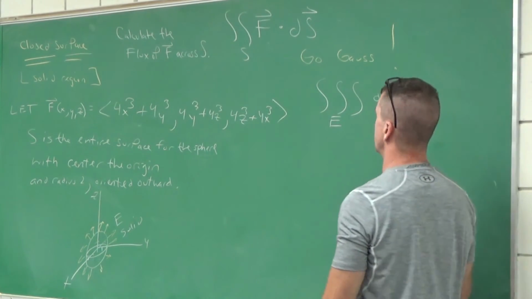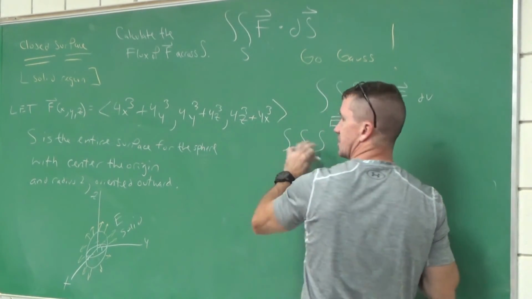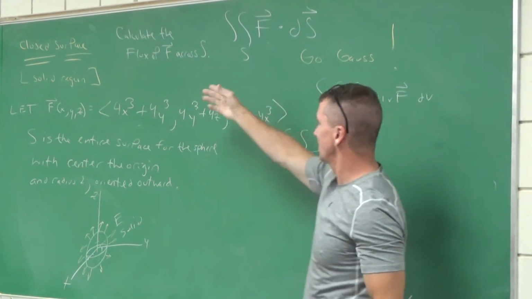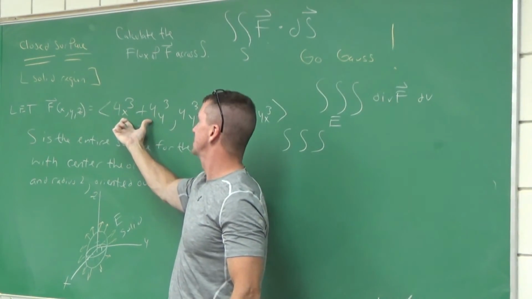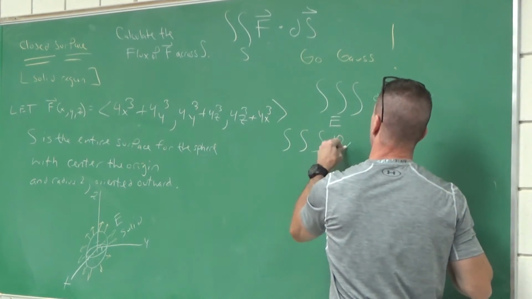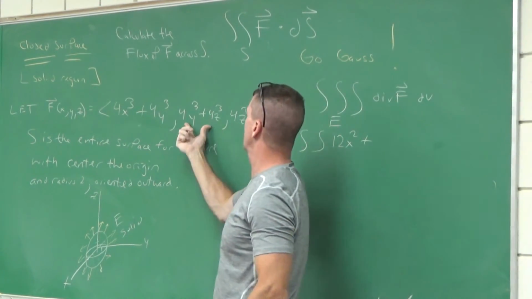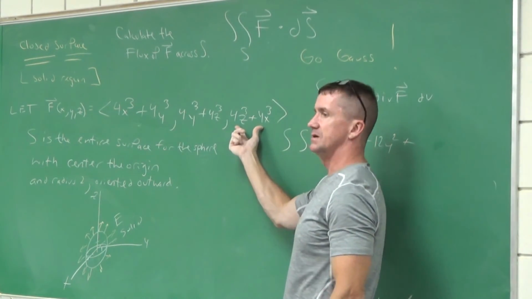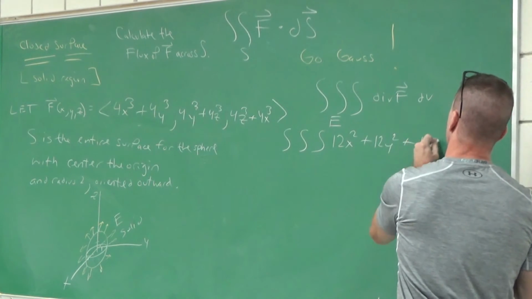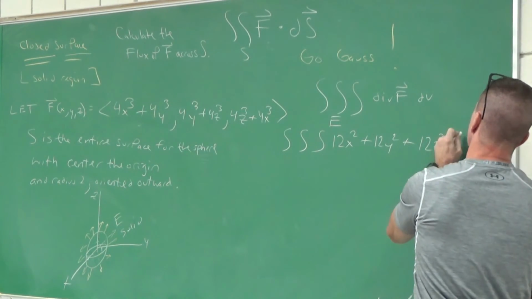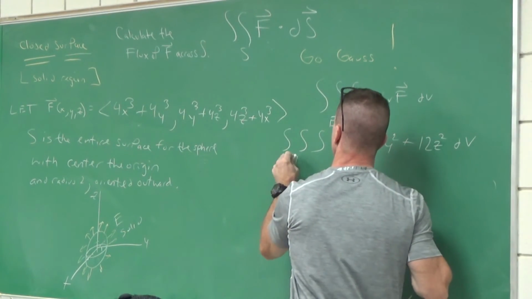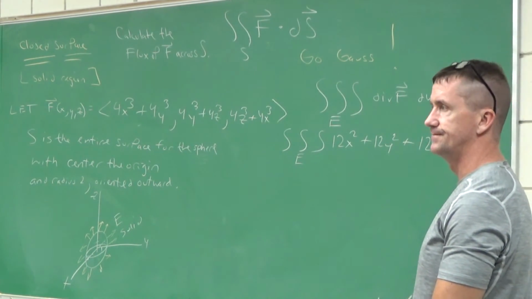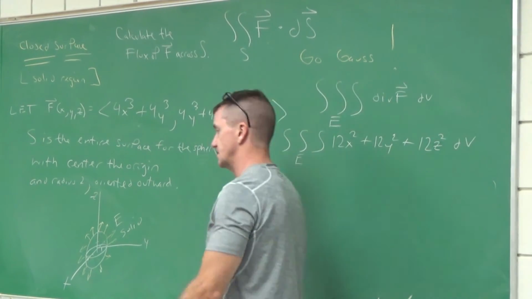Well, let's start with the divergence value. I'm going to start filling all this in. Sound good? What's the derivative of this with respect to x? 12x squared. Okay, 12x squared. Plus the derivative of the second component with respect to y? 12y squared. Plus the derivative of the third with respect to z. 12z squared. Okay. Now, do you want to stay Cartesian or do something else? Your call. We can take the 12 out, right? Let's definitely take the 12 out.